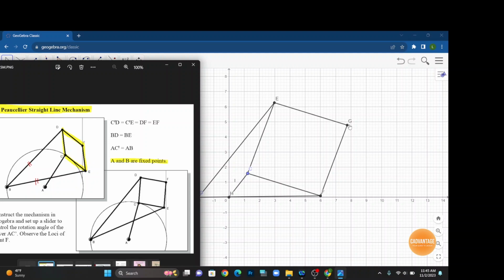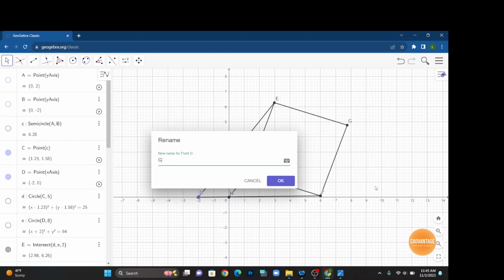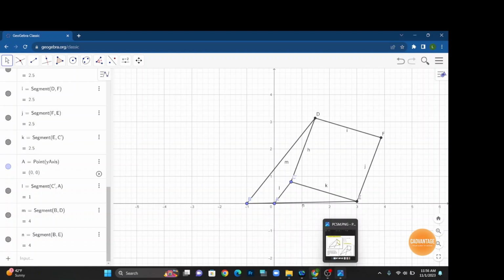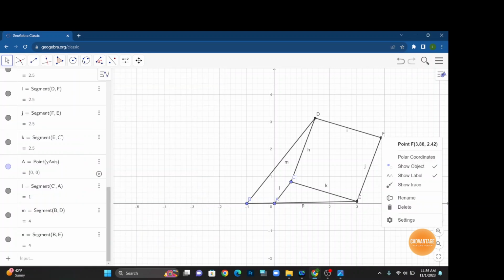So I'm going to rename the point G to point F. So I'm going to right click and then click on rename, and that's going to be F. Okay, so I have renamed everything to match my sketch, and now I'm going to make sure that we have satisfied all the conditions of these highlighted segments C prime D, C prime E, DF and EF are equal. Also BD is the same length as BE, and now right click on point F and click on show trace,